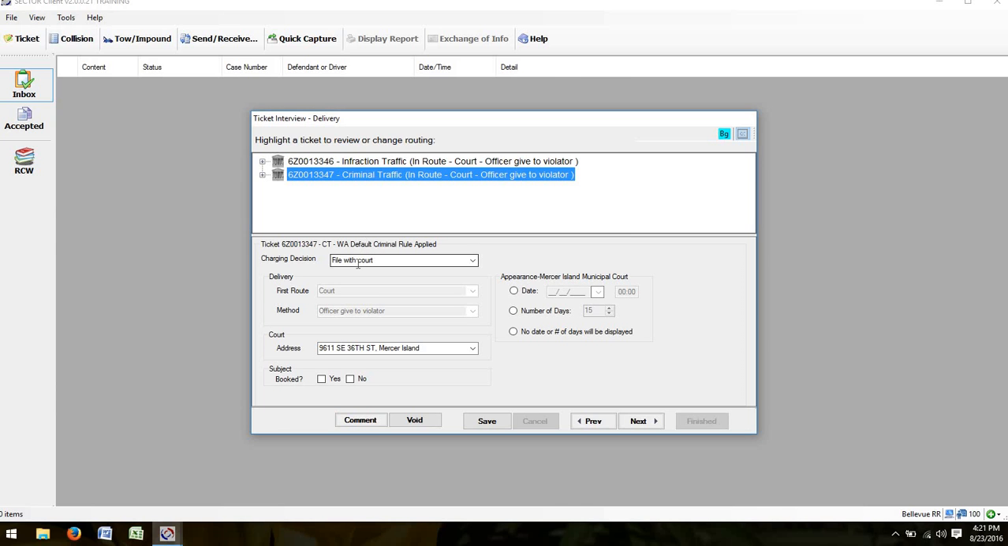All I have to do is tell Sector where to send this stuff now. For criminal traffic, it defaults to the option of filing with the court. You are actually sending this ticket to the court, direct charging the person. If your agency allows you to do that, one of the things you need to make sure you do is